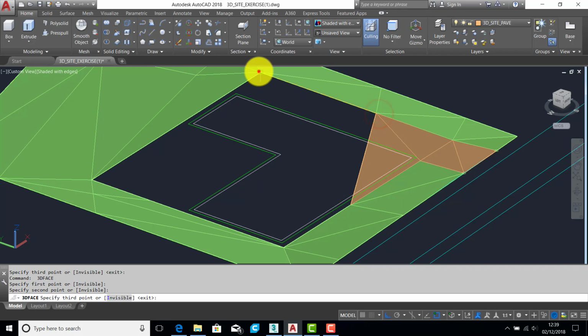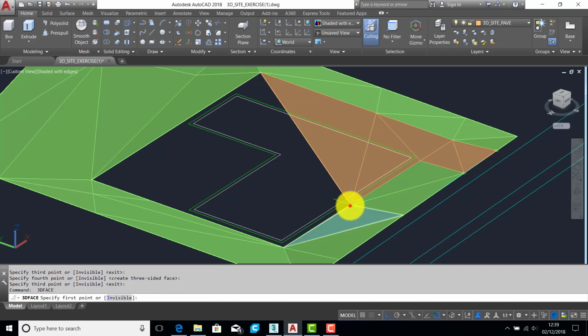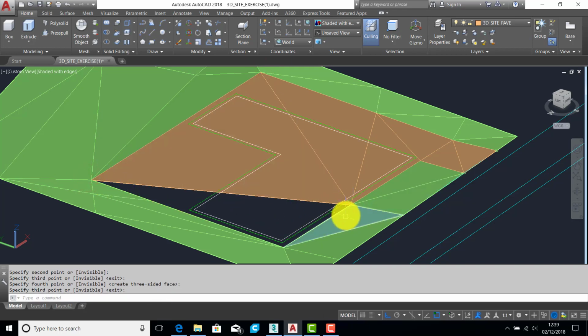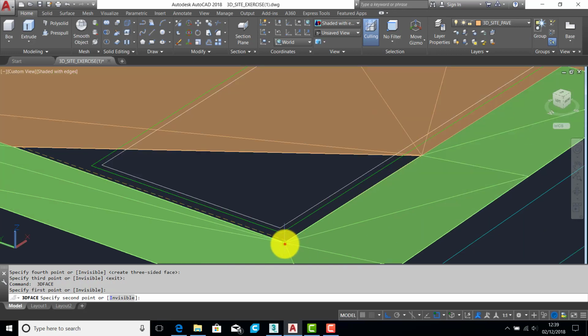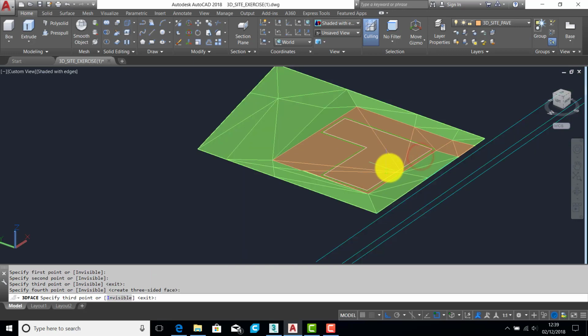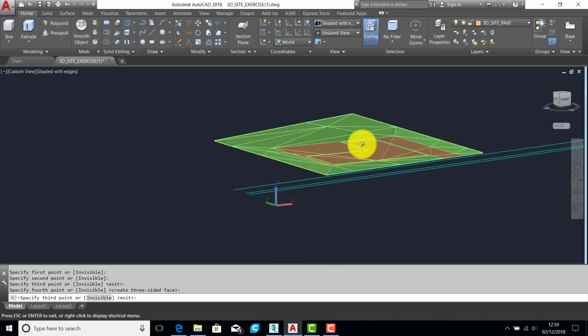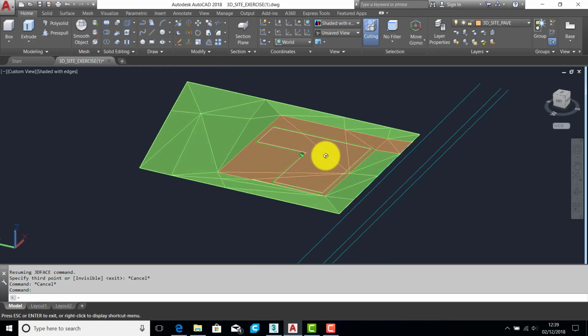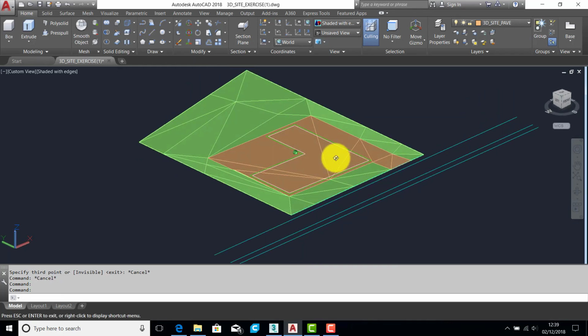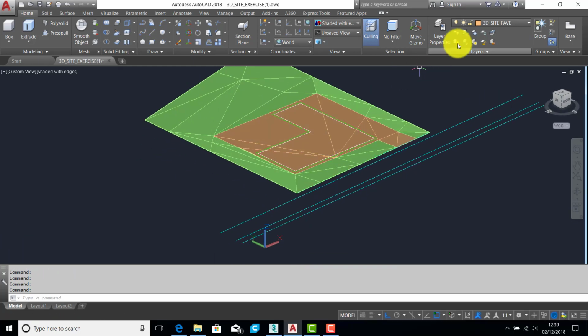Okay, there'll be some fairly big ones now. Bear in mind this is all flat where the building is. And we've got two more. We've got one to pick up just here, and then a final triangle into the corner of the site. Okay, so I make it look maybe a bit easier than it is. It takes a bit of practice to do this, but